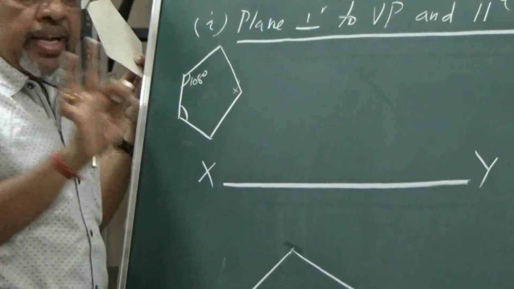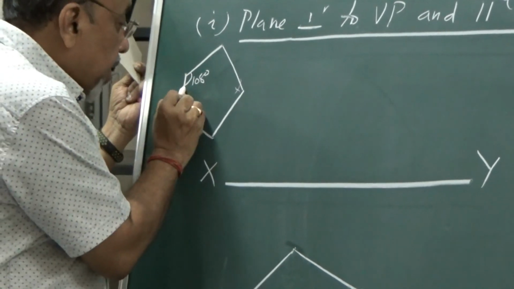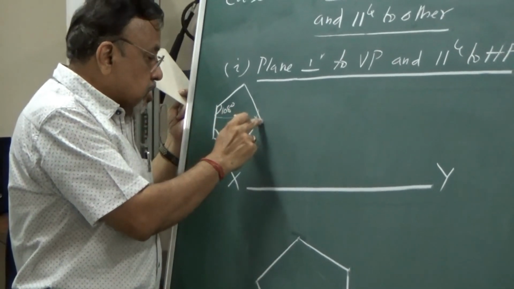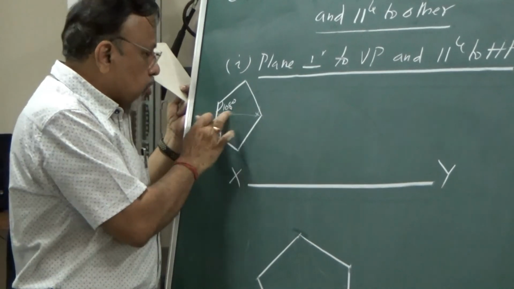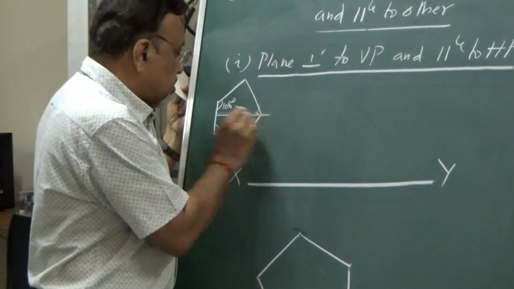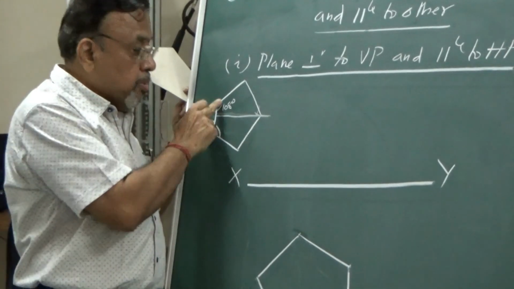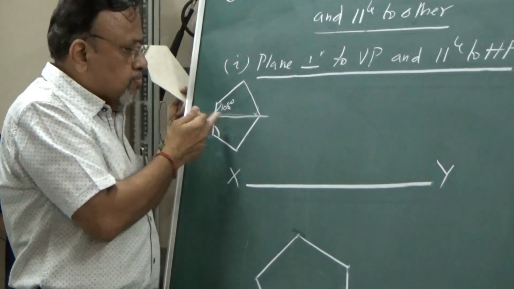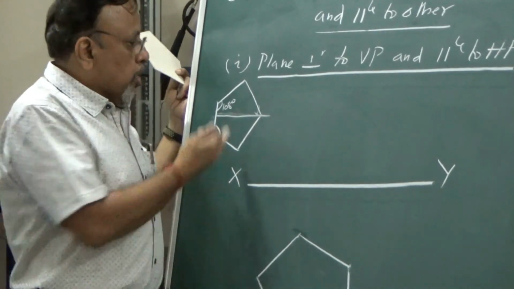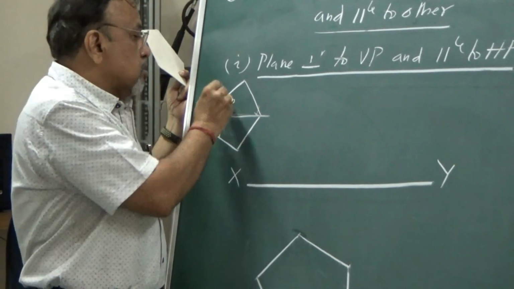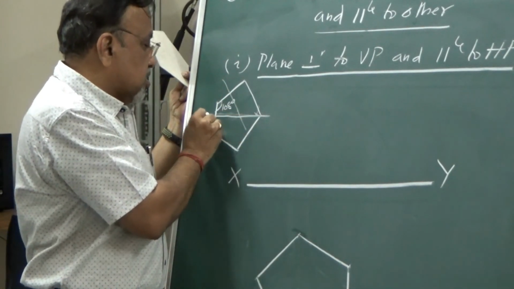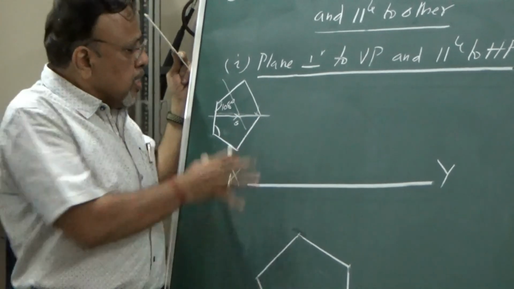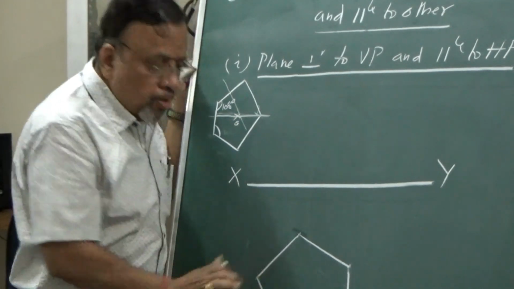Remember, once you draw the pentagon like this, if I draw this particular line, this line should be perpendicular. Not only that, it should be at the center of this particular line. It should bisect this particular one. Let us say we want to find the center of this lamina. How do you find the center of the lamina? I can just bisect two sides. I can bisect this side like this, and this side like this, and obviously this will be your center. Is it okay? But anyway, the center position is not required as far as this problem is concerned.